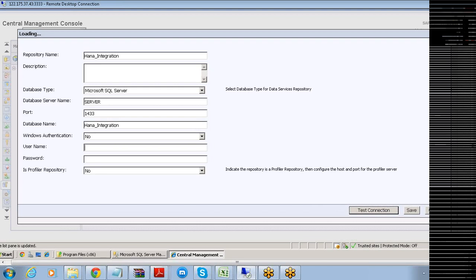I need to specify the username and password. Each one of us is given a different user ID, right? Yes, we should be given a different user ID. Okay. Password is